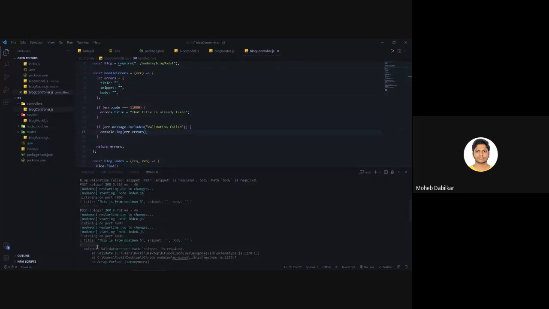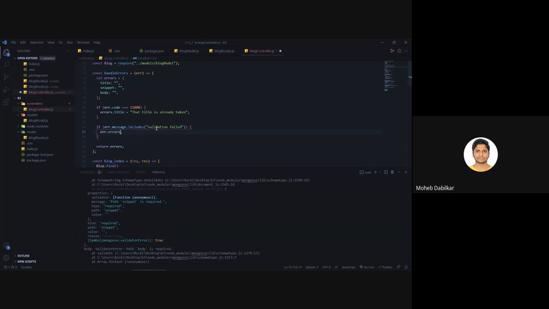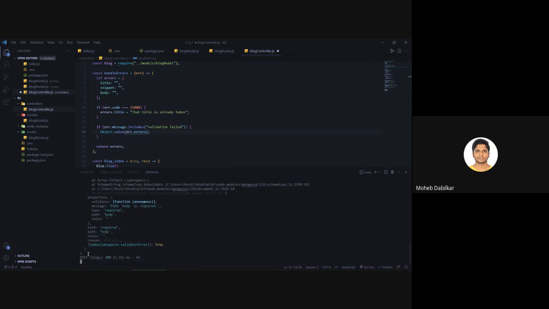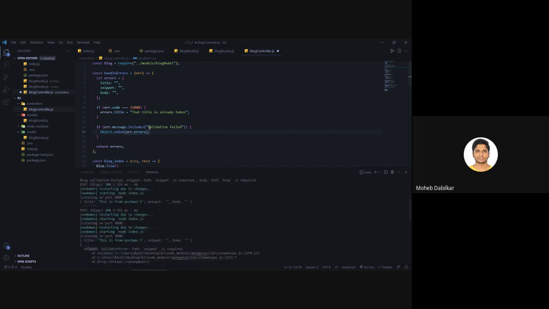Now for every error we are getting an object. Now what we can do is we can use this with the object class of our JavaScript. So it is an inbuilt class. We can say object dot values. Okay, and then we will take in each value from here. So one is your body value, and the second one will be snippet value. Okay, so we'll say error dot errors, and then for each. Now it will go through each one of them, and we can then say,